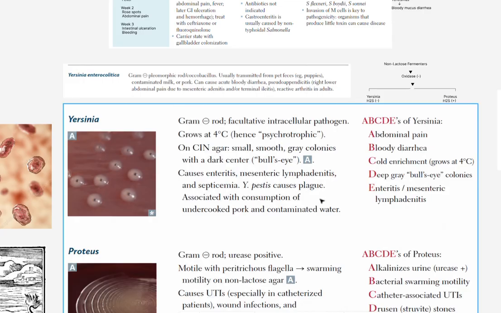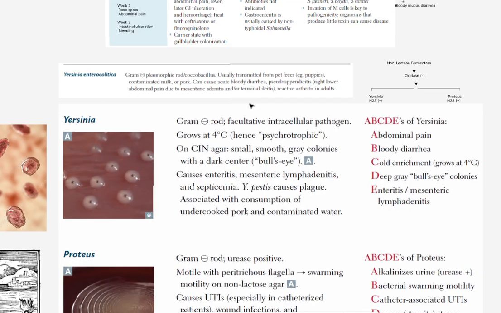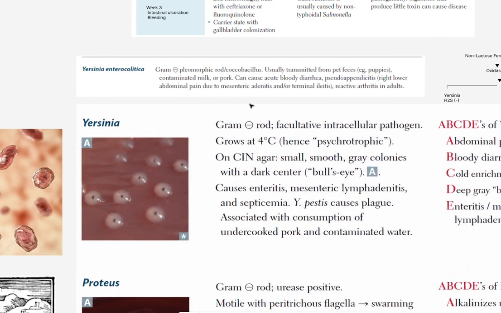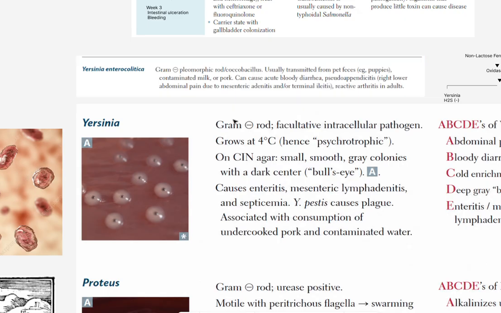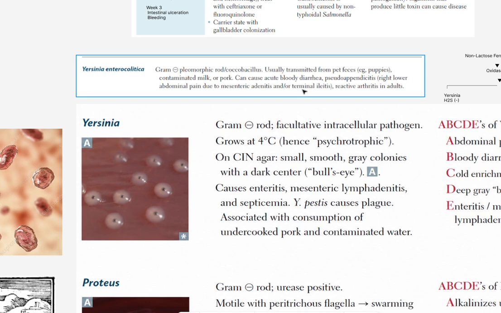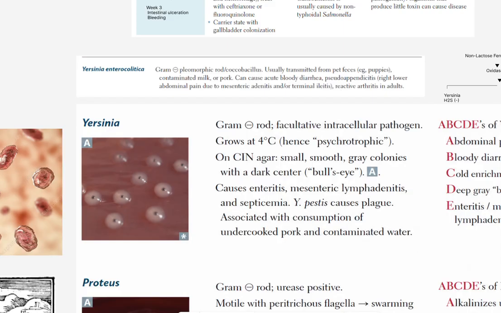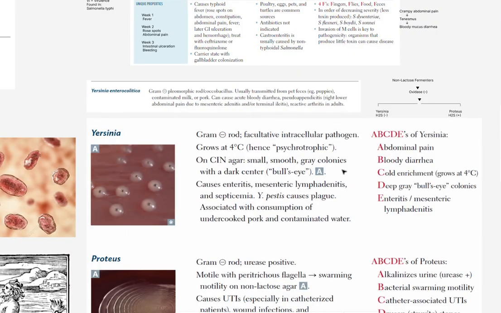Enterocolitis, basically, when we talk about enterocolitis, we talk about fever, diarrhea, bloody stool, abdominal cramps, right? So it can cause acute bloody diarrhea, and pseudoappendicitis, which is basically right lower abdominal pain due to mesenteric adenitis or terminal ileitis. There is also reactive arthritis in adults. Mesenteric lymphadenitis, this is the classic one. The inflamed lymph nodes near the ileocecal region mimic appendicitis, right? So it is the inflamed lymph nodes which are near the ileocecal junction. The pain mimics the pain of